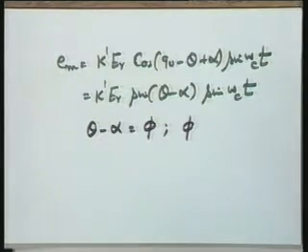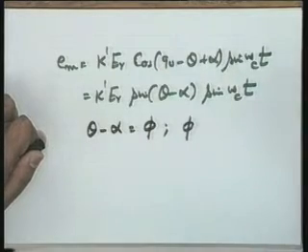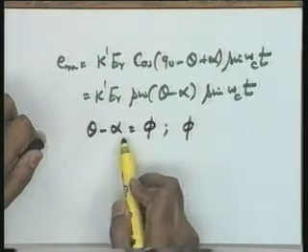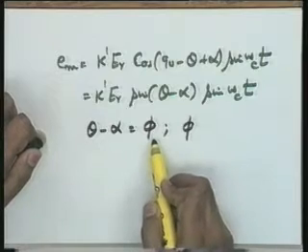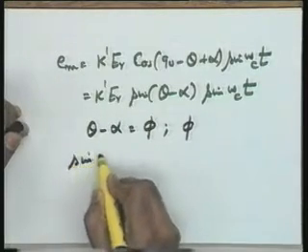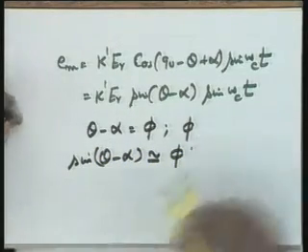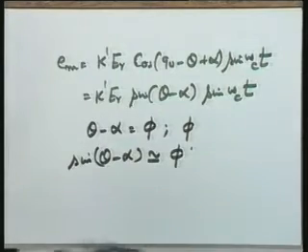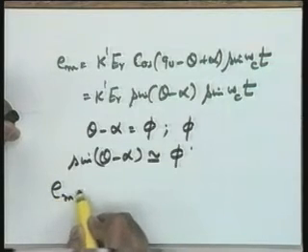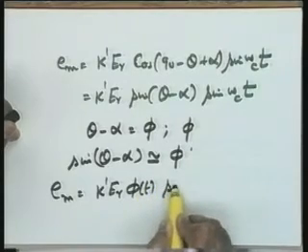That is, the command is theta and the controlled variable is alpha. If the control system is working effectively, the controlled variable has to be equal to the command signal, and therefore phi will be nearly equal to 0. Under this assumption, I can write in my model sin(theta - alpha) is nearly equal to phi itself, because for small values of theta, sin theta is equal to theta in appropriate units. So the expression becomes Em = K' Er phi(t) sin omega_c t.